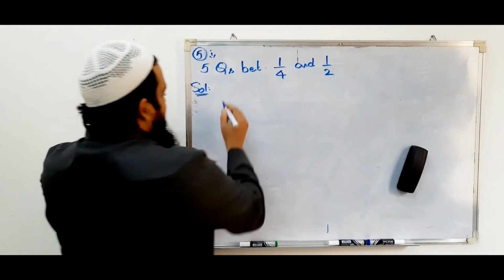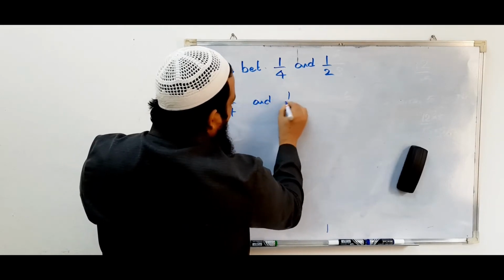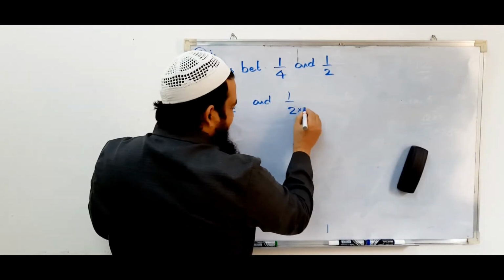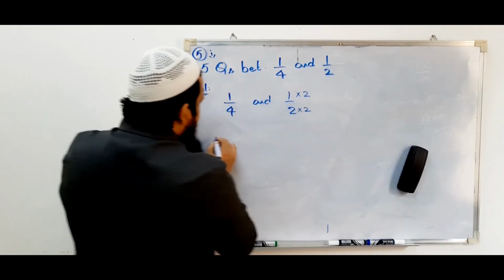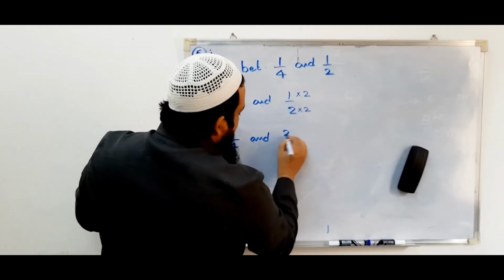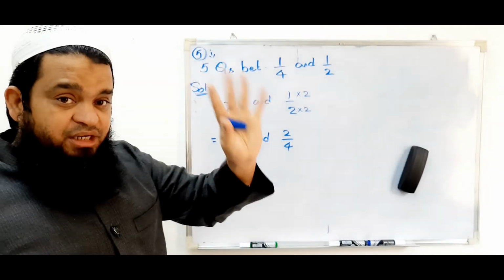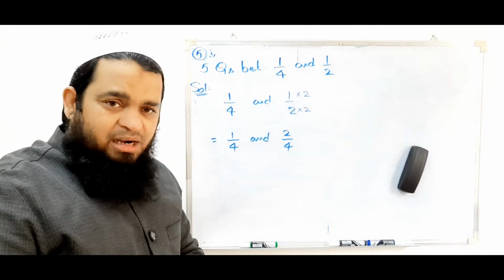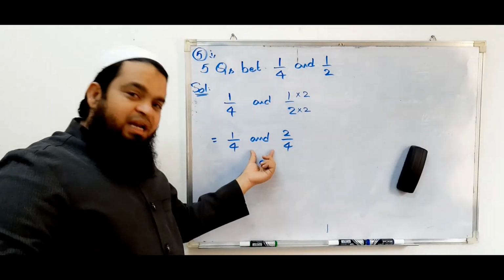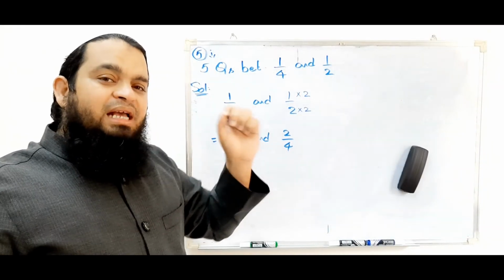Okay. So let us change 1 by 4 and 1 by 2. So 2, it has to be changed to 4. So therefore multiply with 2. This becomes 1 by 4 and 2 by 4. So how many rational numbers you want? 5 rational numbers you want. So you have to multiply with n plus 1. First you have to, because there you don't have any rational number in between, so you use directly n plus 1. You will get exact number.